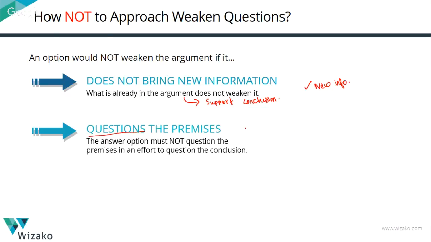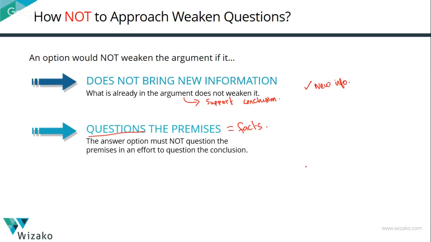Do not pick an answer option that questions the premises. The premises are facts used in the argument. All right, solid facts, like saying the sun rises in the east and water boils at 100 degrees Celsius. You're not going to go and question that. You're not going to ask, how can you say the number that comes after 4 is 5? The integer that comes after 4 is 5 or something like that, right? These are accepted facts. Similarly, the premises given in this argument are accepted facts.